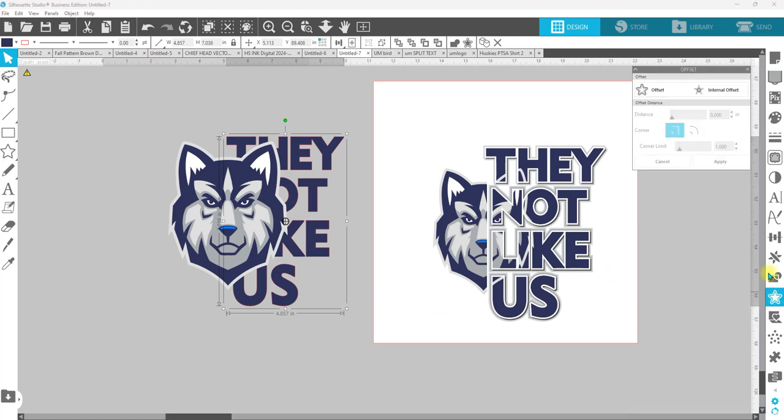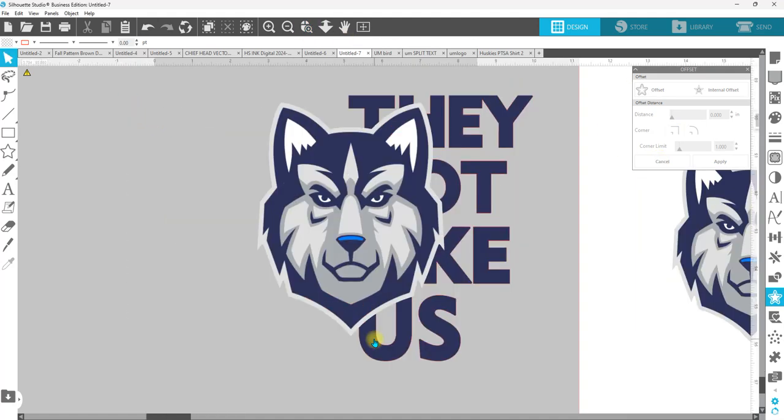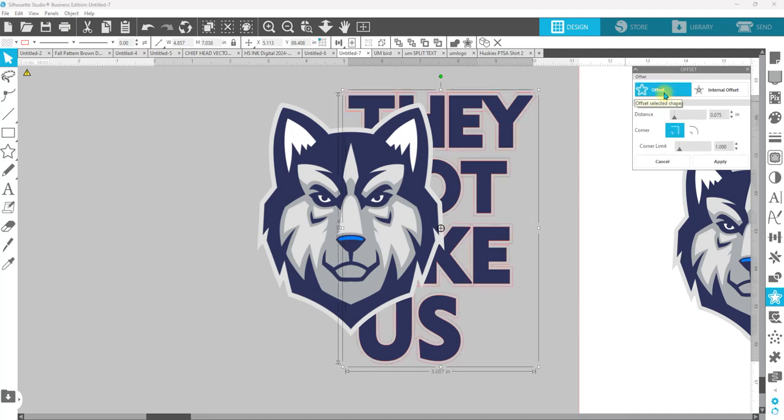So we're going to do our first offset. There is no right or wrong for the size of your offset. You want to make it however you desire it to look. If you want it thick, thin, for that first one, I do recommend leaving it a little bit thinner. So we're going to go offset,